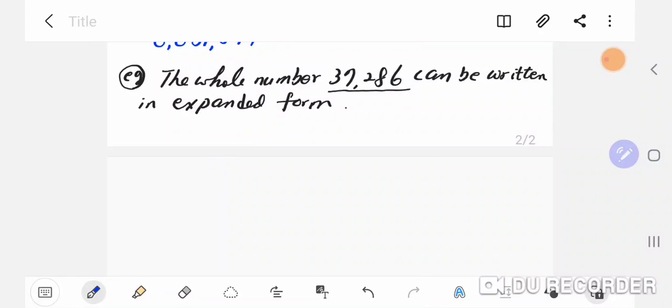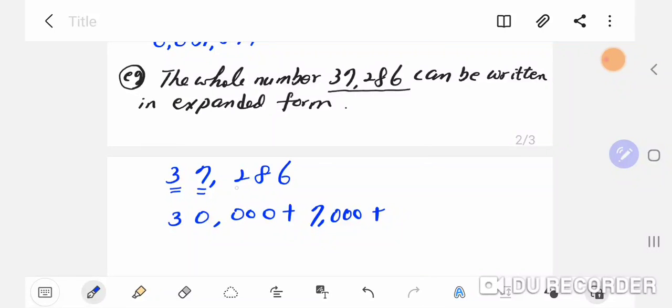So 37,000, so 30, the number 3 is in the 10,000 place, right? So this 3 indicates 30,000, plus. And this 7 is in the thousands place, the place value is 1,000, so this will be 7,000, plus